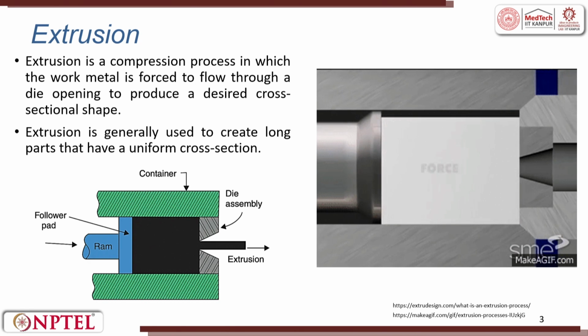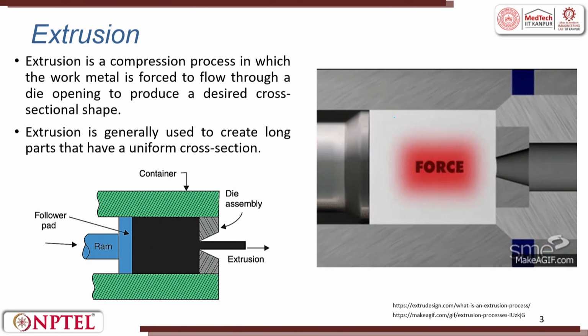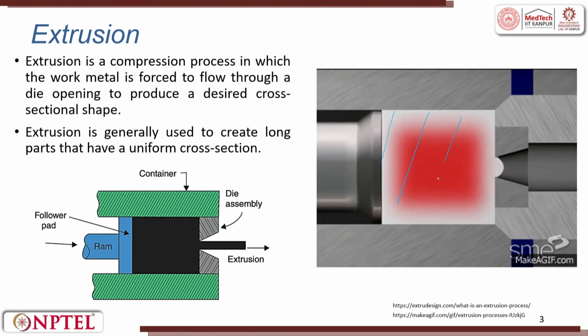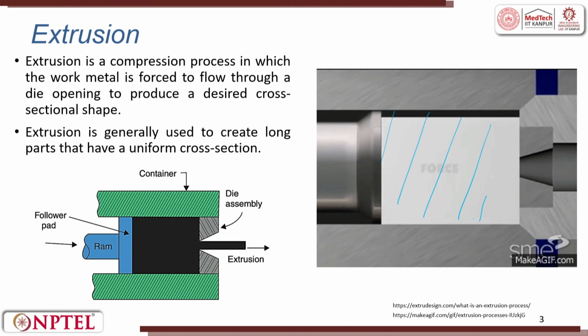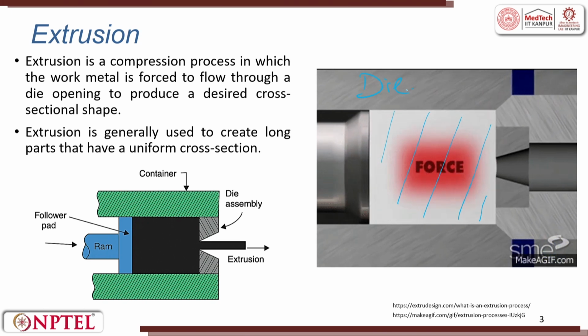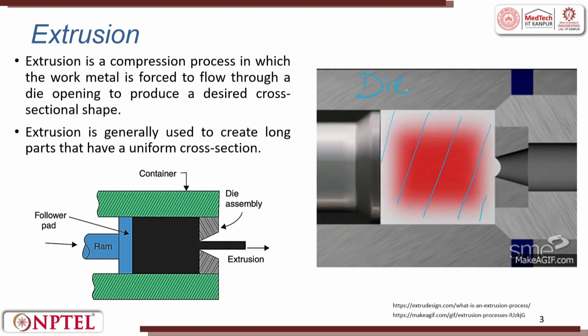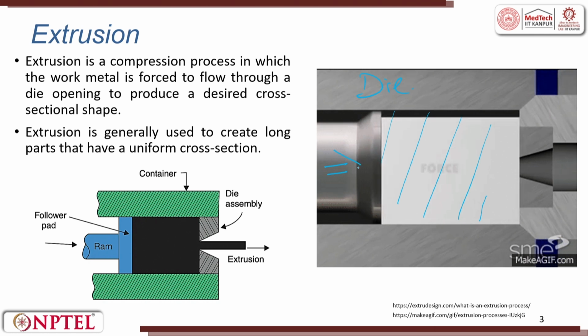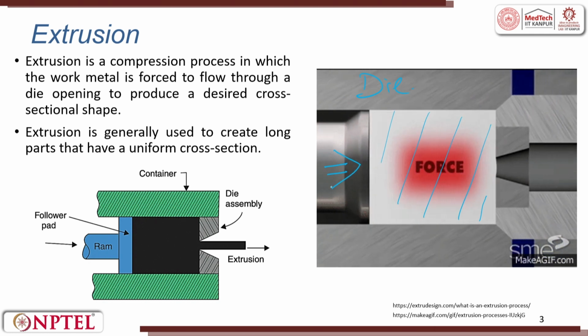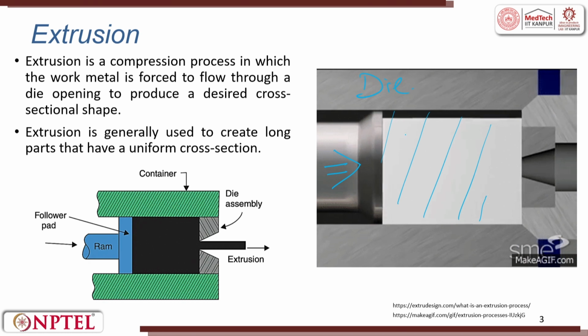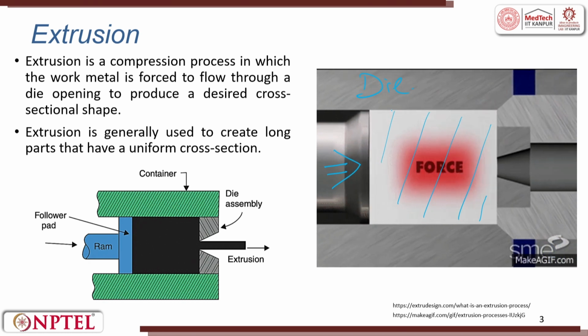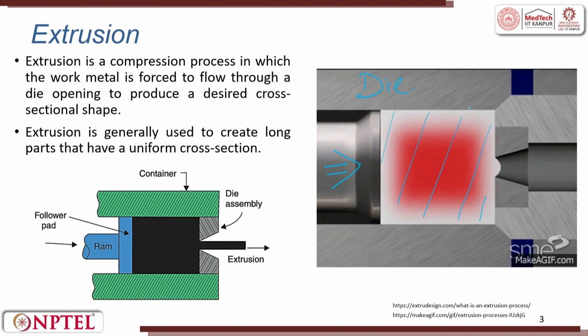Extrusion process. As I told you, this is the material which is kept inside the tube, I said. So, here it is not a tube, it is a die. And I gave you an analogy of pressing by hand from one side. So, here you use a punch and you apply force. Why? Because metal compression needs a lot of energy. Second thing is, there is a metal to metal contact, the friction is going to be very high.